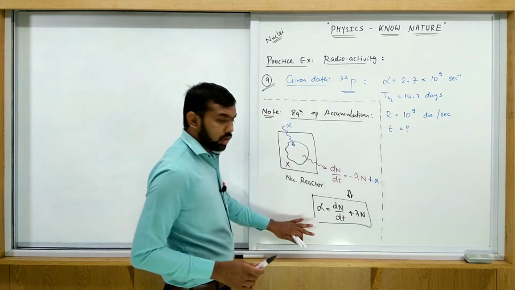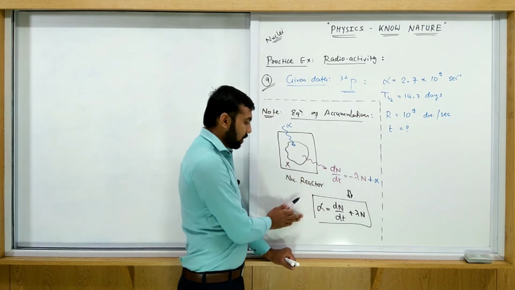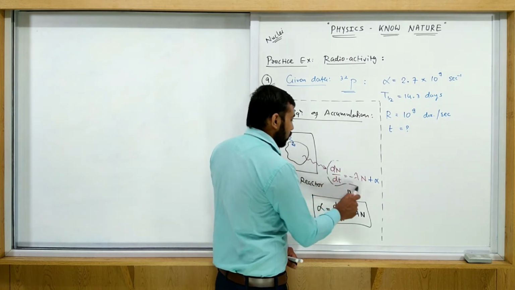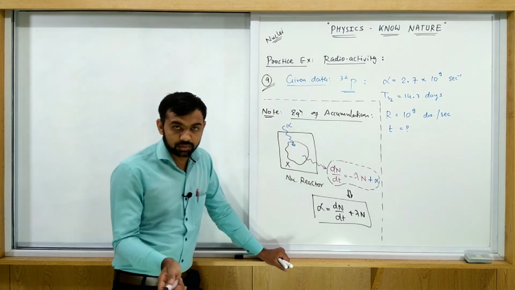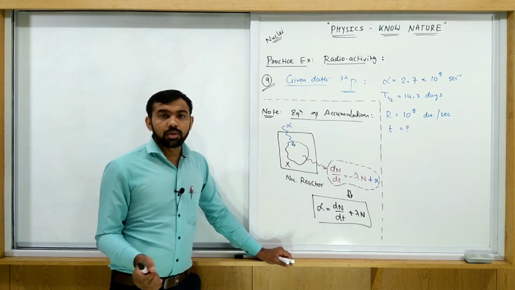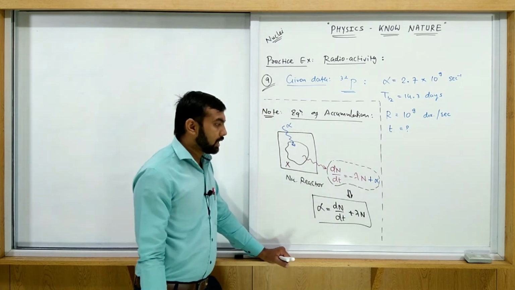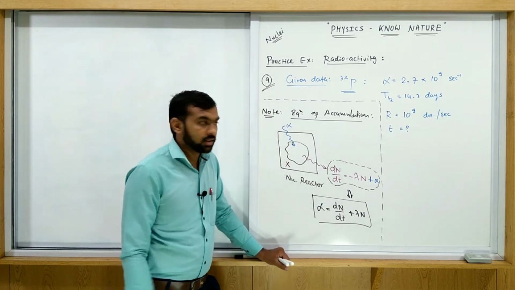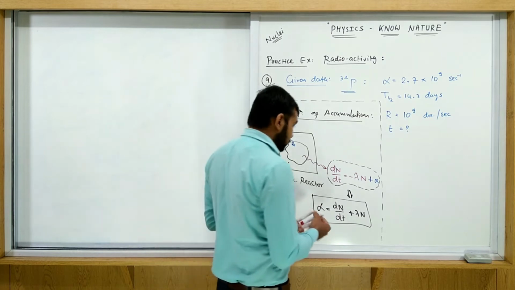But all of you remember this equation, not that one. That is just an equation, so I'm writing it here, but we are solving the problem with this one. dN by dt with the accumulation is given as minus lambda N plus alpha, or alpha minus lambda N. So let us try to solve this example. What is the hint?